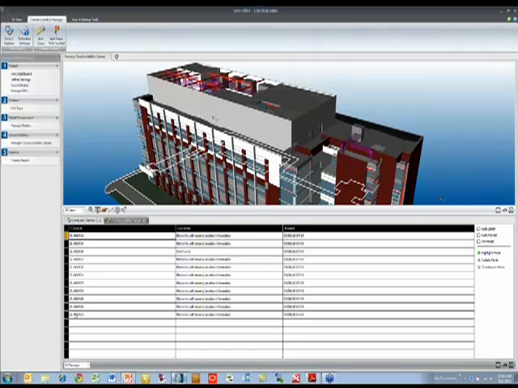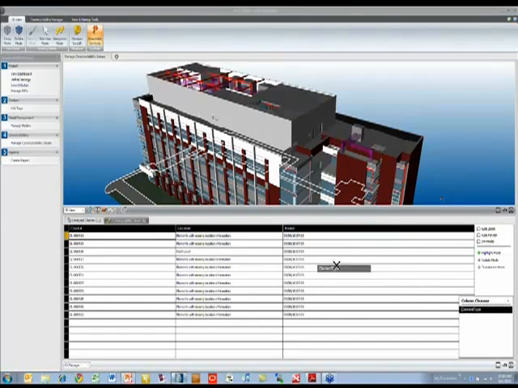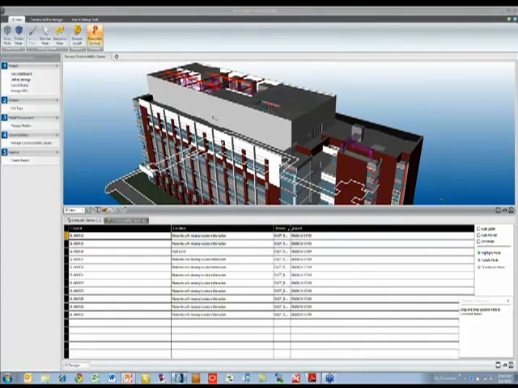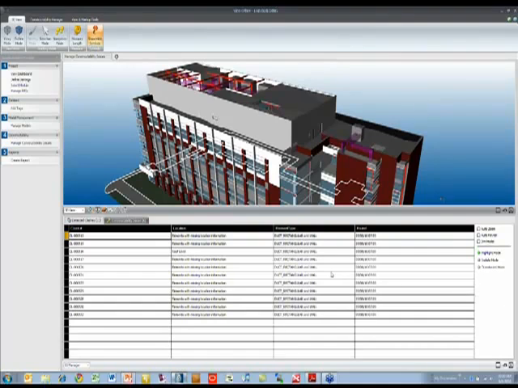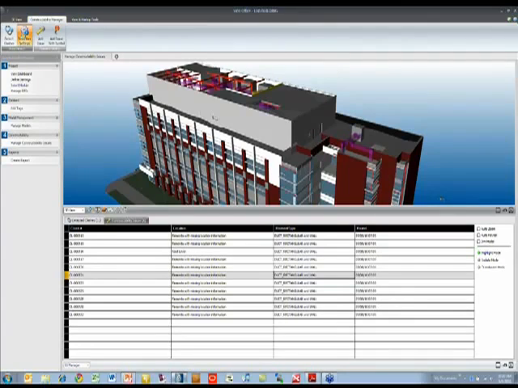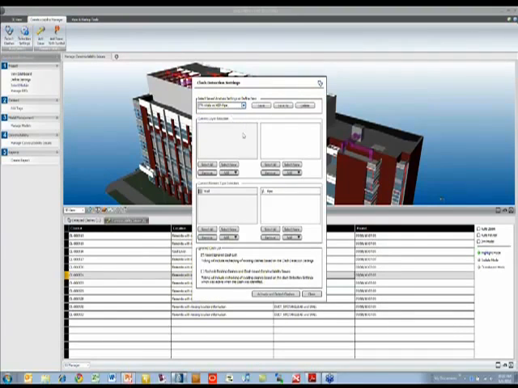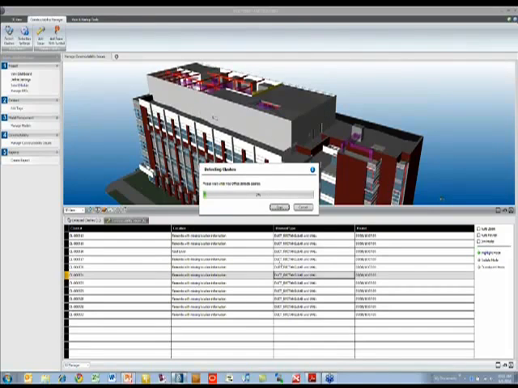So we can see a list of maybe 10 or so issues that we found, and one thing I like to show is from the column selector adding the element and type, so I can add that column in, and now I can see that I've got duct to wall clashes, and maybe let's get some more issues in there. So we've detected 11 clashes so far, and let's run another analysis for the pipe. Hopefully we'll have some more issues